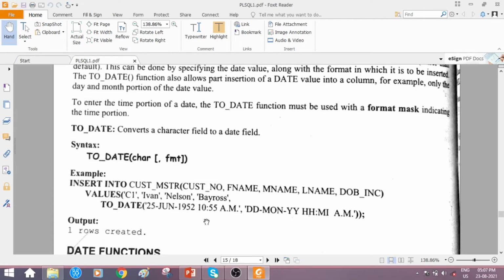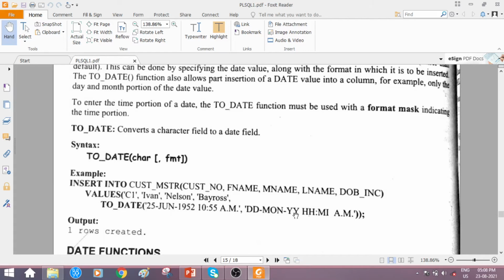It is in character type, and this character date information has to be converted to which type? Date type, and it has to be stored in the table. Before it converts, you give the date format. The format in which the information has to be saved is: first date dd, then hyphen, month, then year, then space, then hour hh colon, then minute mi, space a dot m, close the single quote.